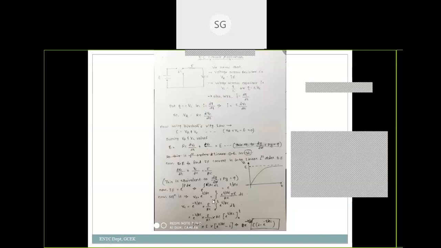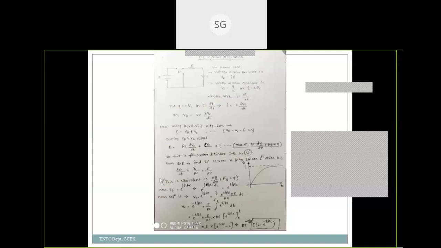So the next part will be, in the same question or a separate question, to find out the equation for how the capacitor is discharging. In this case, the capacitor is getting charged. But if the switch is disconnected, then what is the equation?